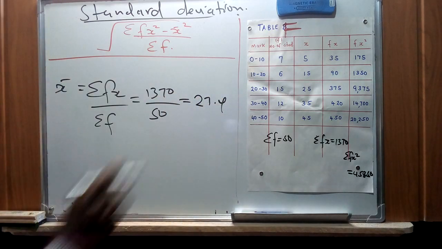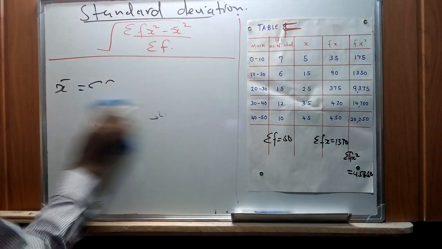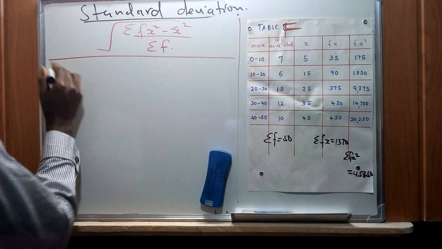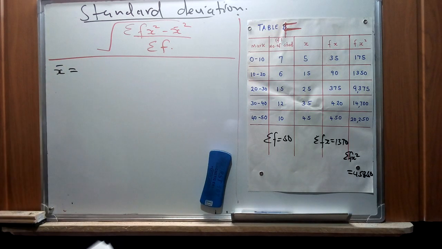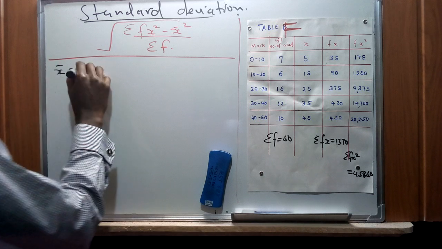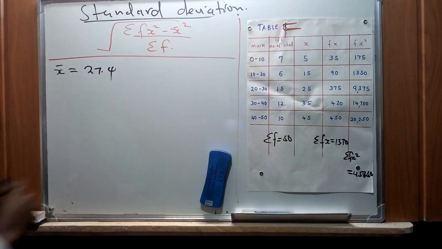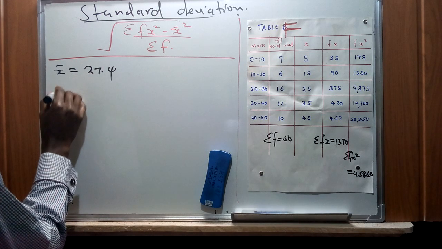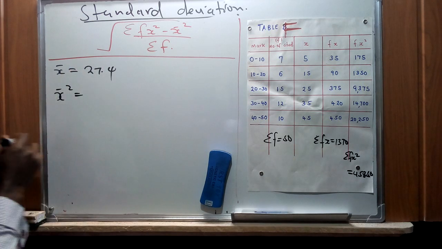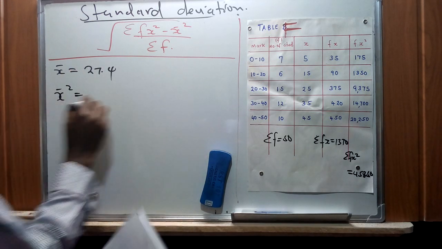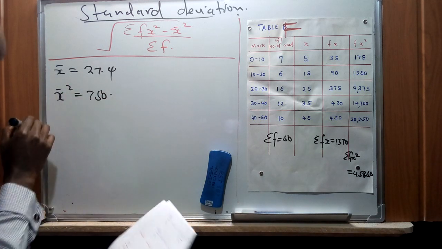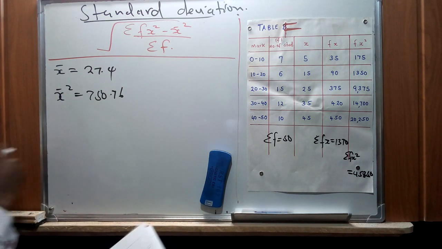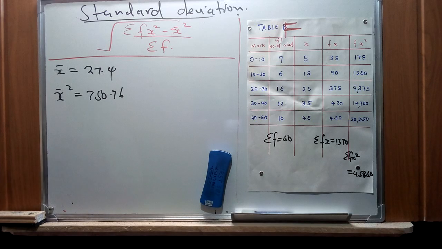So therefore, we just have to write it somewhere, since we need that one. So x bar, that is the mean, is 27.4. Now let's try to find the value of x bar squared. So it's the value of this one squared, which is going to give us 750.76. And then we are going to use this formula to find the standard deviation,